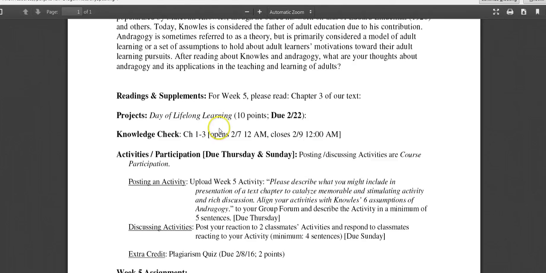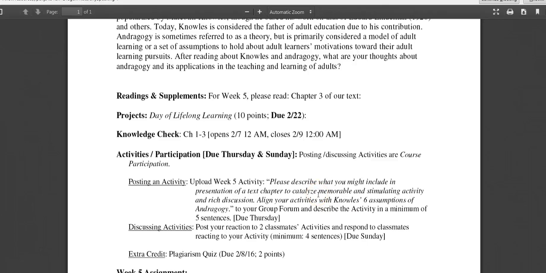We've got an activity to describe what you might include in your presentation using the assumptions of andragogy. Each of you is going to be presenting a chapter. So what will you consider as you look at the andragogical assumptions, and will it be self-directed learning? Will it be your colleagues' or classmates' experiences?